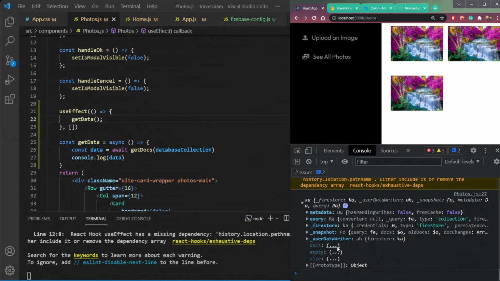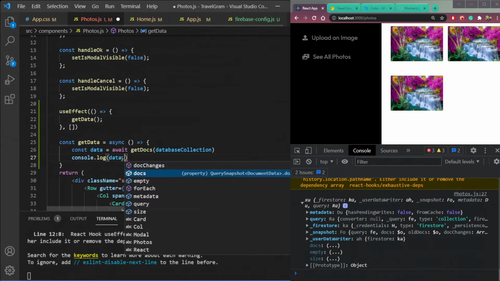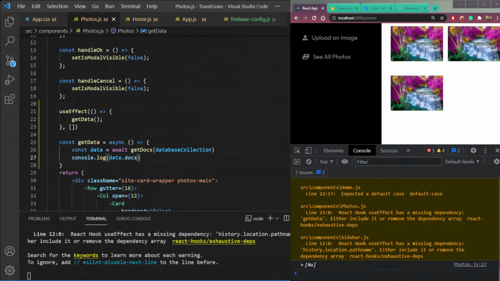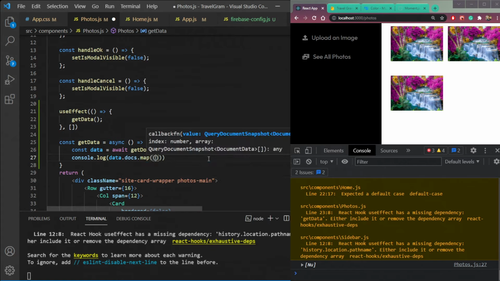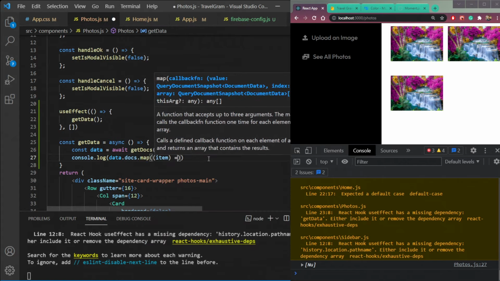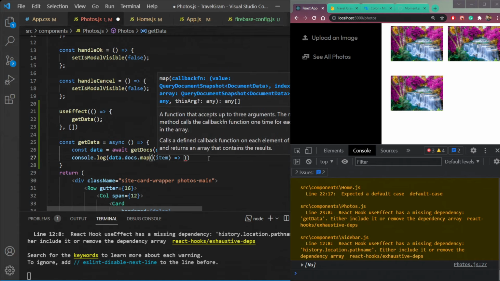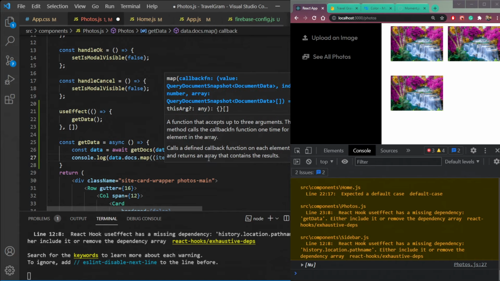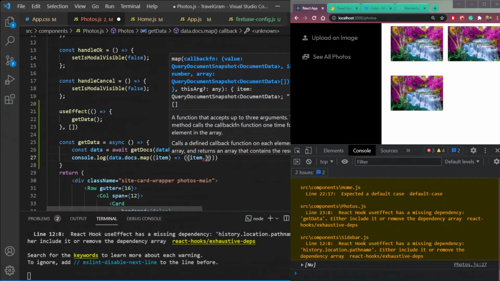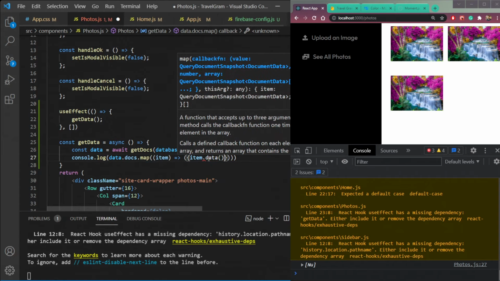So we need this docs. So data.docs. Let's see. So put it here. And we need to map this data. So data.docs.map. It will take an item. Then we will just put the item.data. Wait a sec.